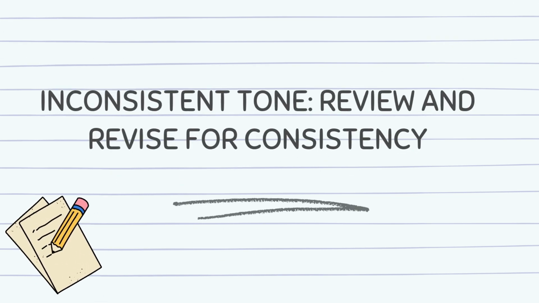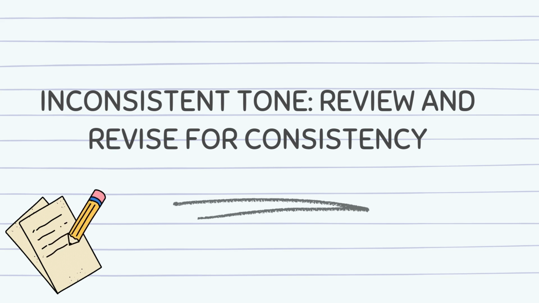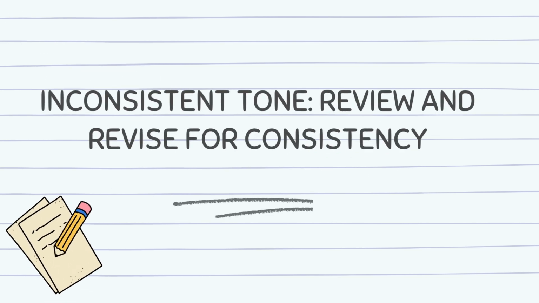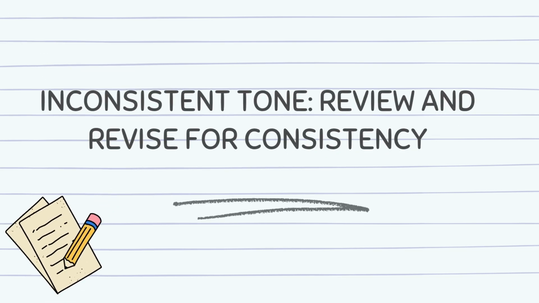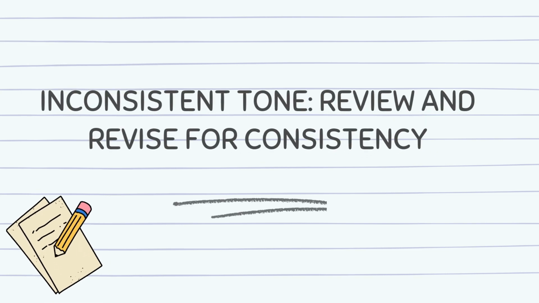Conclusion: the importance of tone consistency in Chapter 2. Consistent tone in Chapter 2, review of related literature, ensures the document is cohesive, professional, and academically sound. Inconsistencies can make the literature review appear disorganized and unpolished, weakening the study's credibility. To maintain a consistent tone, use a formal, objective, and precise writing style throughout the chapter. Avoid mixing casual and academic language. Keep citation reporting verbs uniform in structure and tense. Review sentence structure to maintain clarity and readability. Use editing tools and read aloud to identify inconsistencies. By applying these revision strategies, researchers can eliminate tone inconsistencies and produce a well-structured, professional literature review that effectively supports